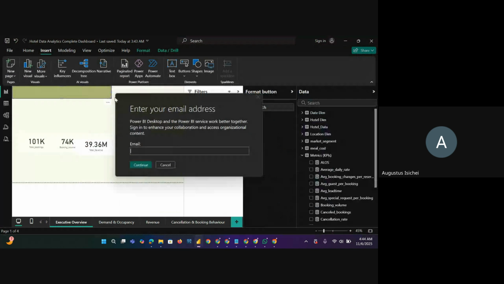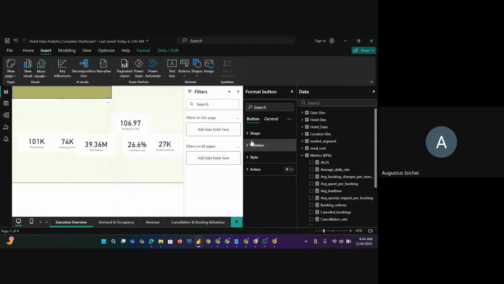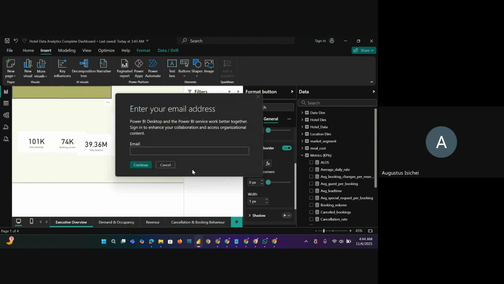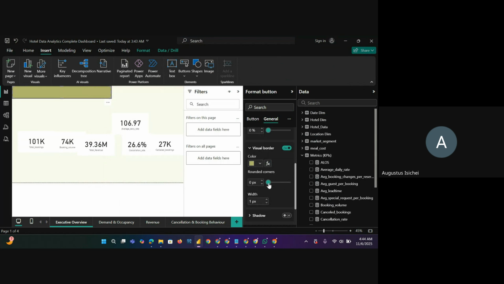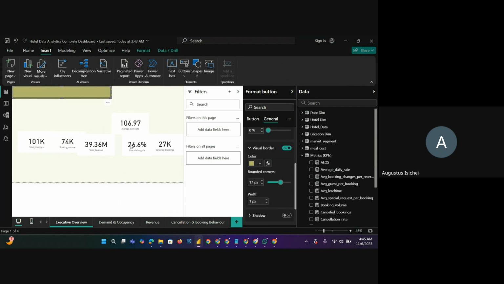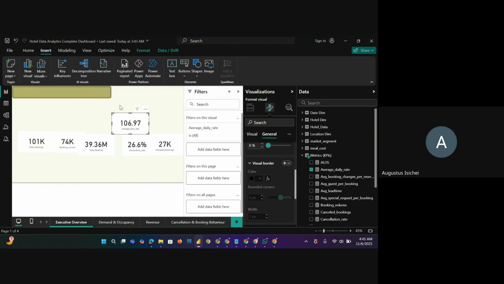Can I add rounded corners? Let me try it, because I want my dashboard to have some cool effects. Rounded corners, borders. Let me turn on the visual border and use the same color for my visual border here, and increase all my rounded corners. Is there any effect? Can we see any effect on the button? Let's check this. Okay, yeah, there's an effect, but